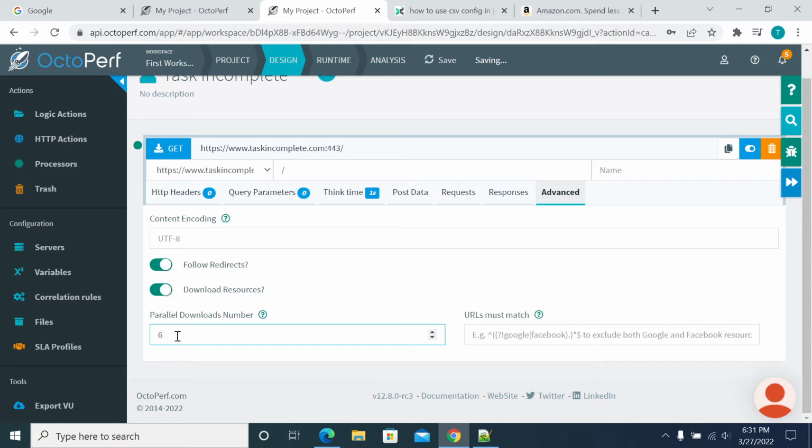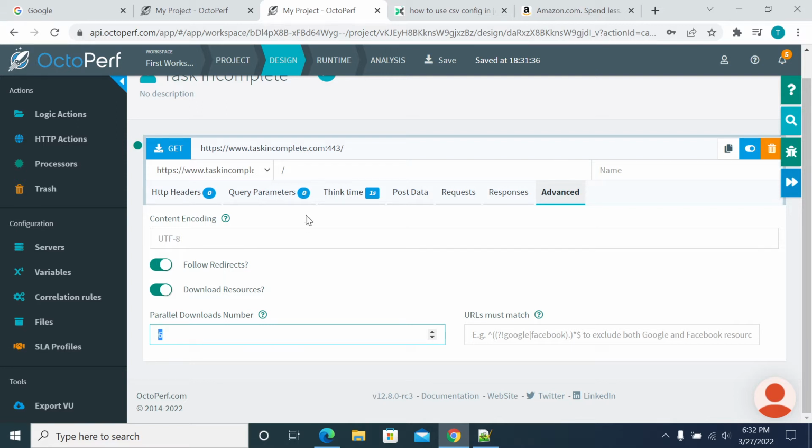Generally, it is based on your requirement or your browser behavior. For example, the Chrome browser will have six concurrent requests, and IE will have two concurrent requests. So it depends on the version of Chrome and on the browser. Before declaring your count, check your browser connection details: how many connections are opened for downloading resources? Then you can give the same number of count here, and we can use this feature to download resources of